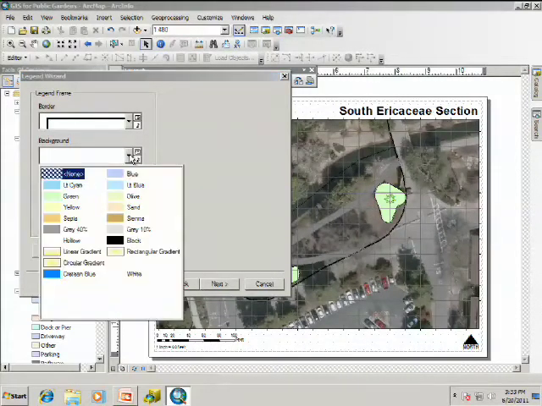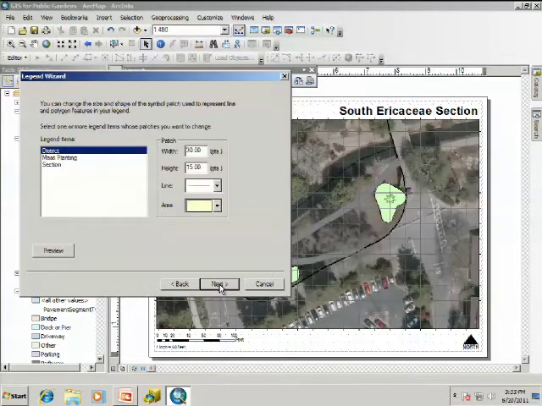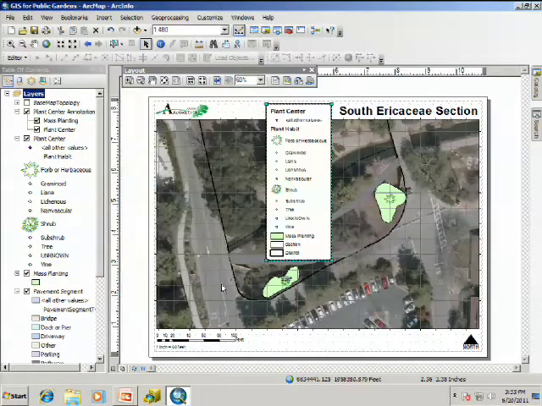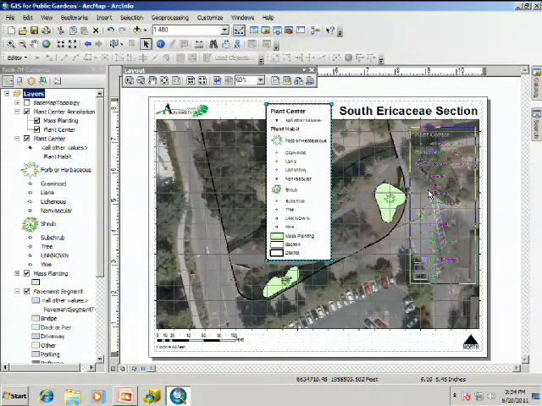And you can put a background on it. I'm just going to make it white. And that's good. I'll hit next. And then it lets you choose the size of the symbols and things like that if you're so inclined. I'm going to skip that and hit next. And then it lets you fine-tune it and choose the spacing between items and things like that. The defaults are usually pretty good, so you can hit finish. And then it throws a legend up on the screen for us, which we can then position in some blank space on our map